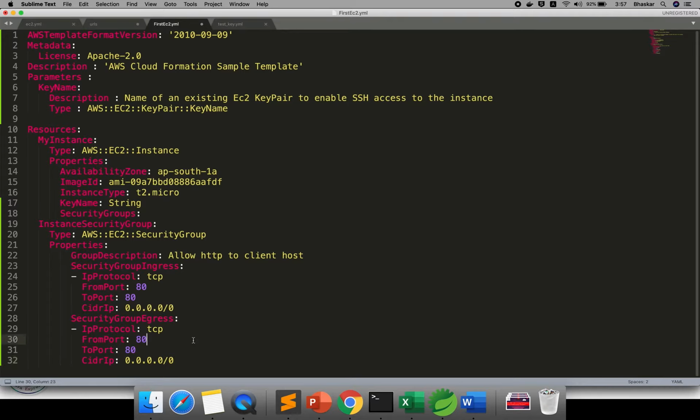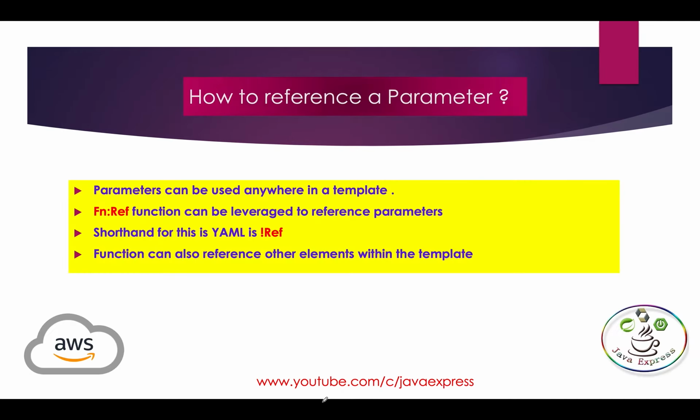Okay, two ways we can do. Okay, let me keep it in this way only, later we'll discuss about the parameter of SSH location. Okay, now okay, everything is ready. Now this is, suppose if I have a multiple security groups, I want to link this security group to your EC2 instance. So you need to your some reference you need to provide. To do that part, let me go for the PPT for more clarification.